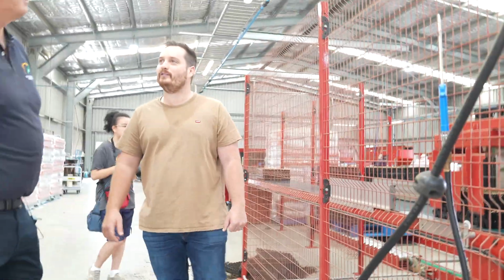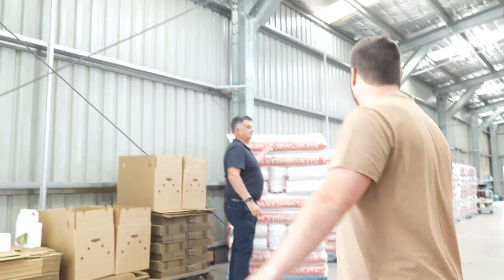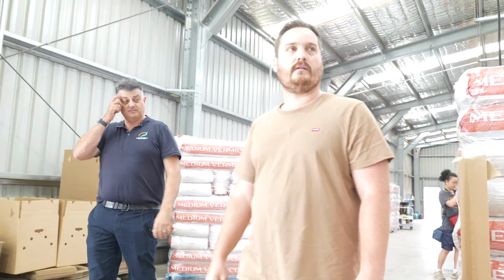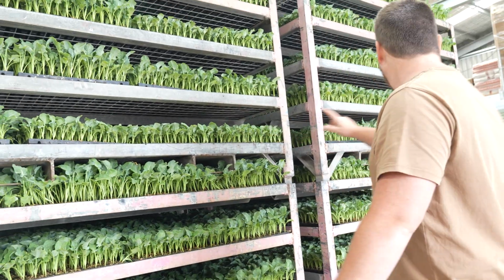The robot's pretty good. So you've got all the... That's the vermiculite, that's the rock. Yeah. It also comes in from overseas, but I'm not sure where. I think we're cutting corners a little bit here to get to the end, but this is the finished product. So is this ready to go out to...